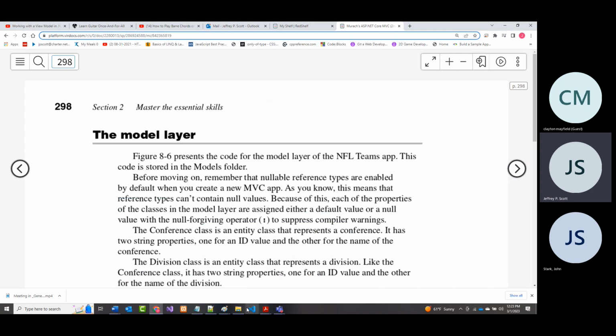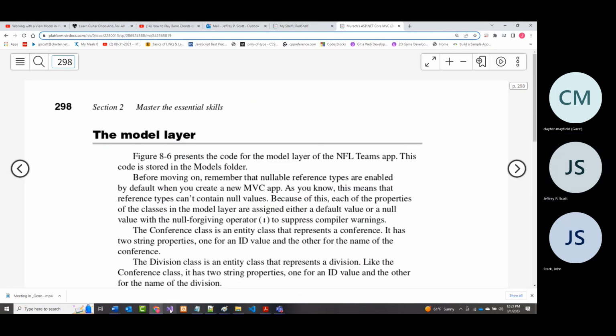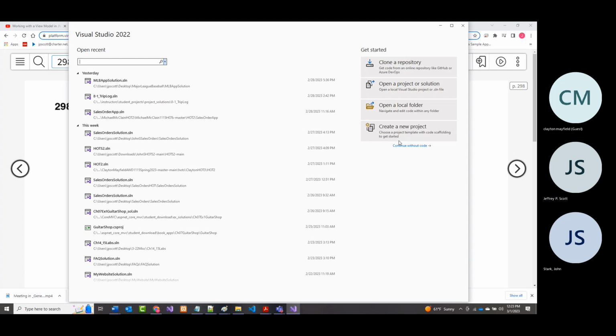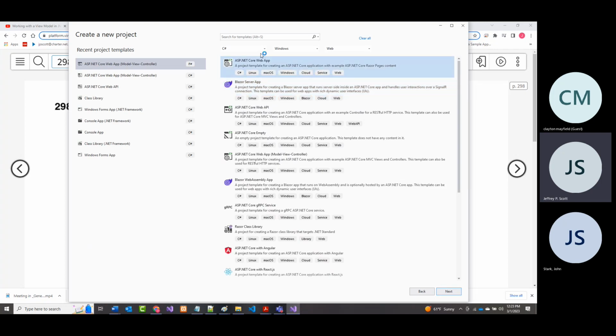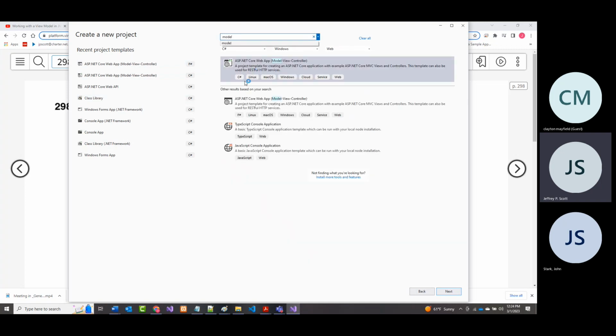So I'm going to start up Visual Studio, create a new project, see Windows, Web, come in here. We're going to choose Model View Controller. And of course, we want Model View Controller, this one here. All right. And next,